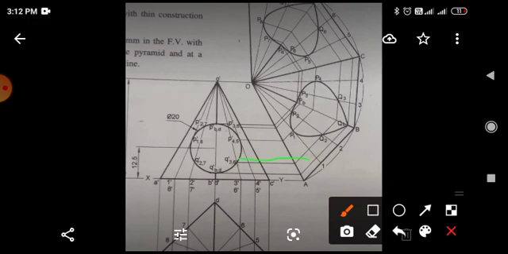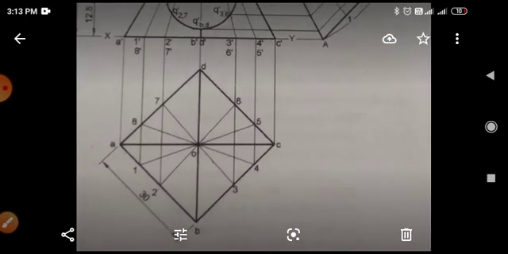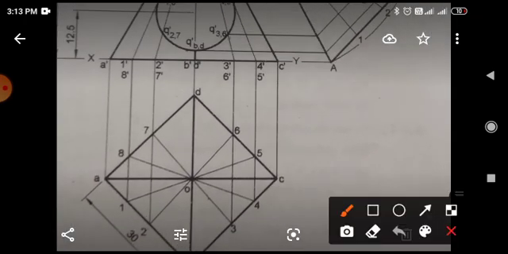Now, one more thing to make clear: as you take this connection parallel, you again have to take it with the help of a scale. With the help of the scale, extend all these projections. Now, to make things simple, if you don't want to take too many projections, just divide this surface into equal parts. You can see this distance and this distance are equal, and this and this are also equal.